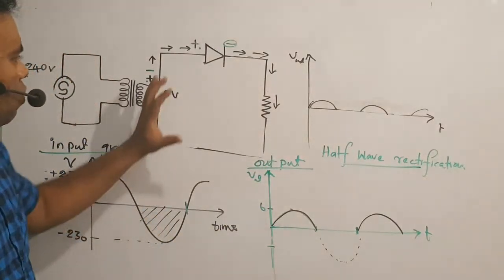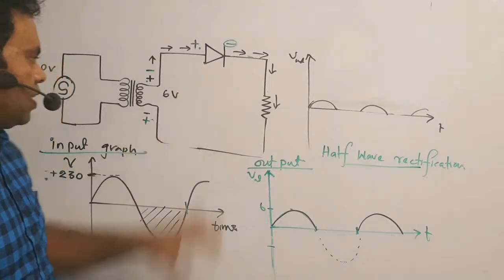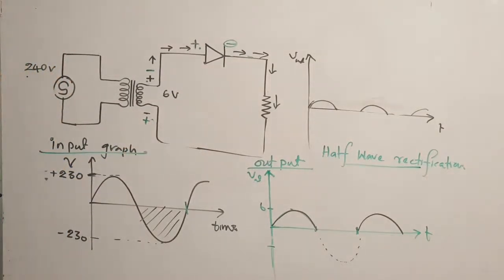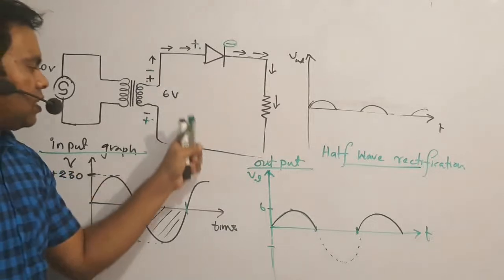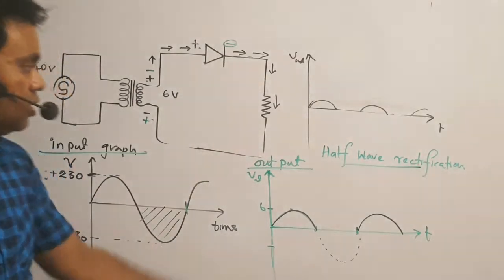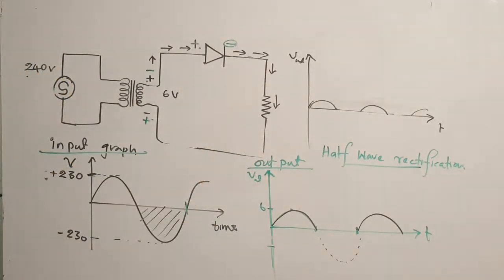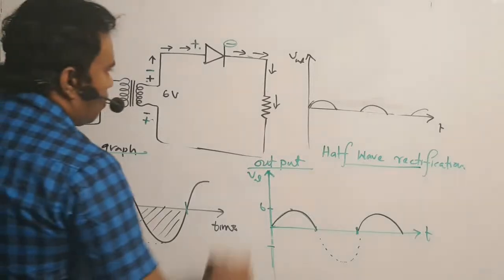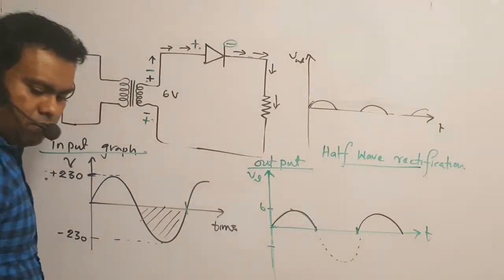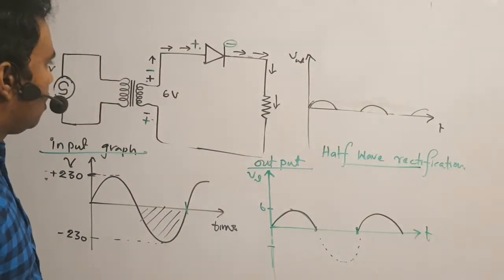Good. Now, what happens in full wave rectification? So, you have to draw that diode bridge circuit here. Then the input and output differ. Okay. So, when this is smoothed by a capacitor, sometimes